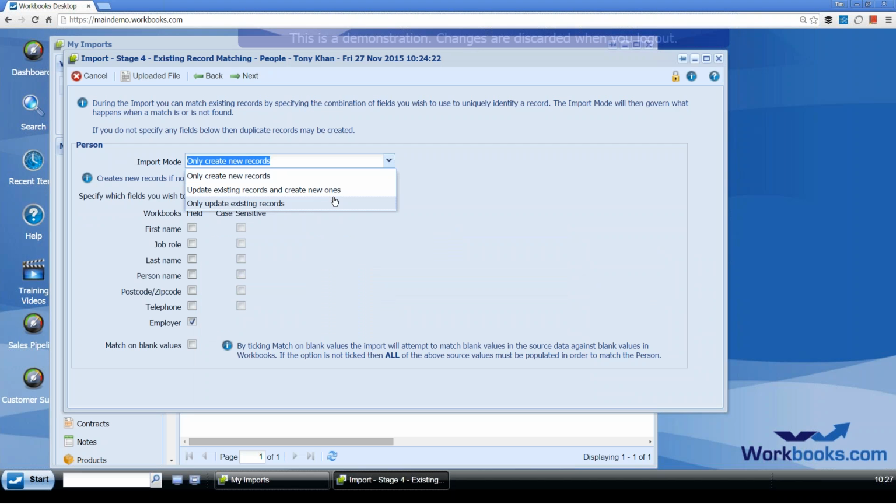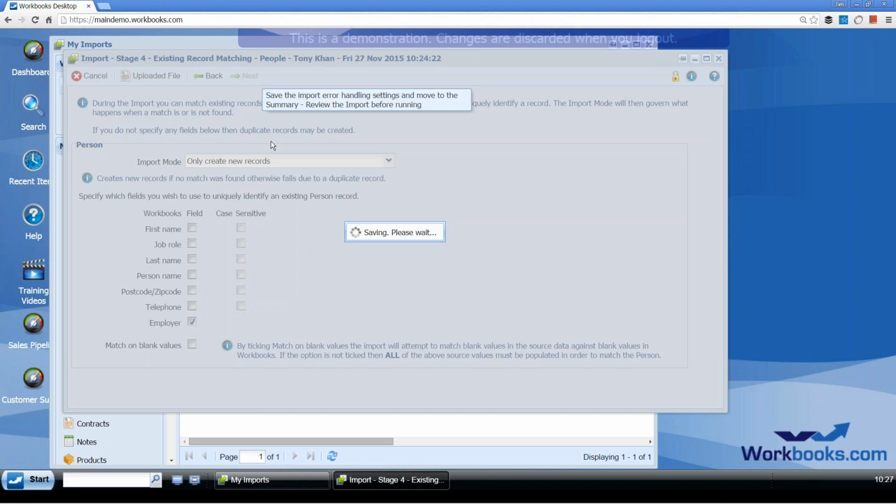Maybe you are subscribing to some database broker like Dun & Bradstreet, and every month you get new or updated information given to you. So you could update existing records in that way by using some common field to define how the incoming data finds a home to go to. So I'm going to create new records here, click Next,